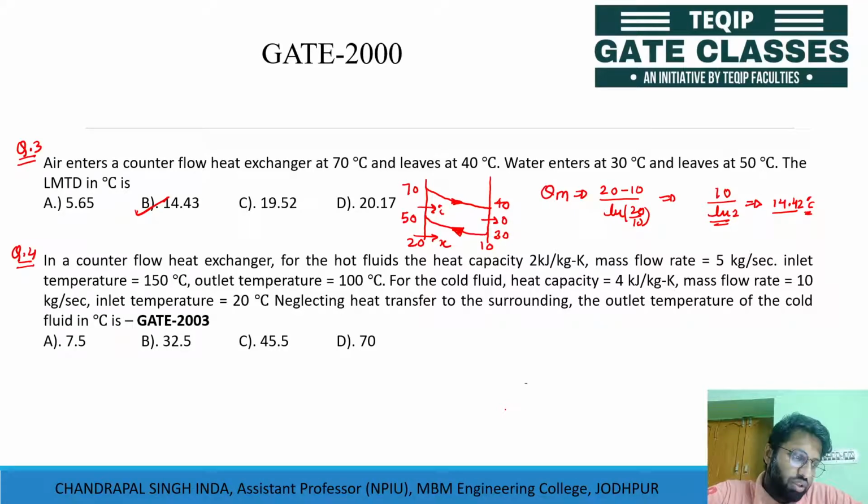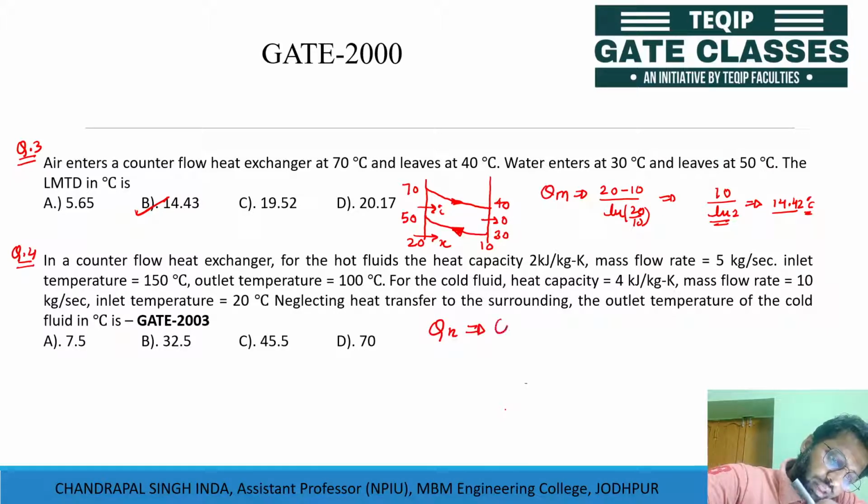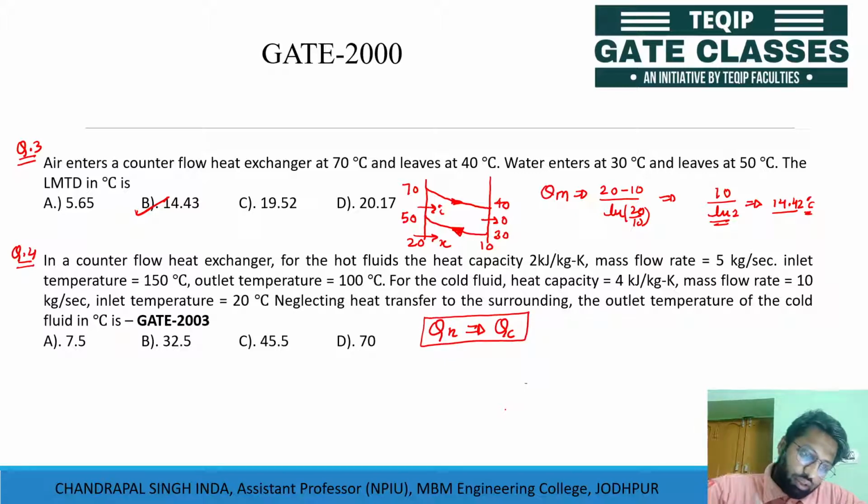So this question was in GATE 2003, and it is a very simple question in which we are required to put the value of heat transfer through the hot fluid equal to the heat transfer through the cold fluid. Means heat loss by the hot fluid will be equal to the heat gain by the cold fluid, and this is by the first law of